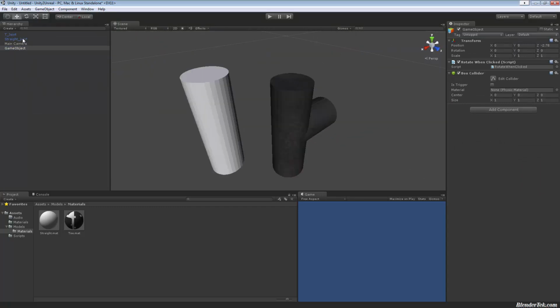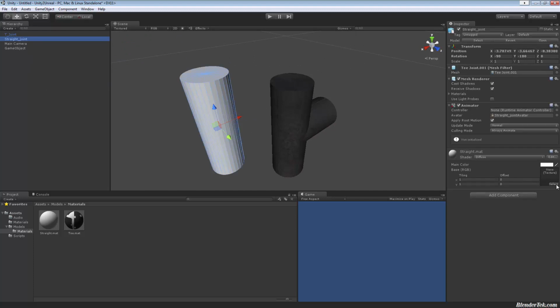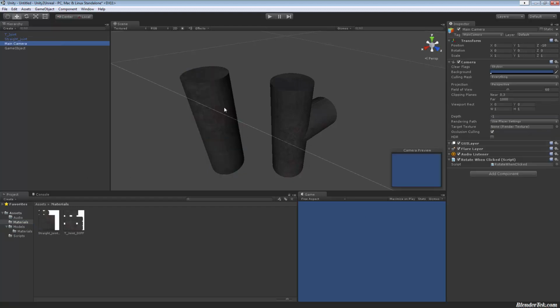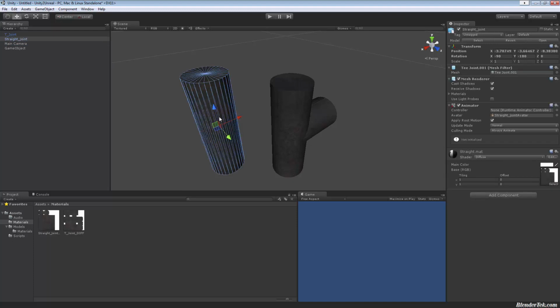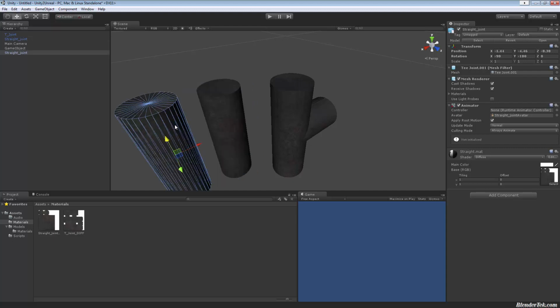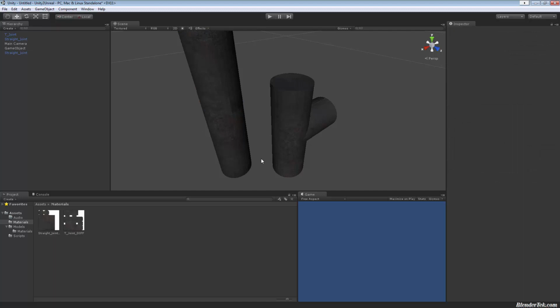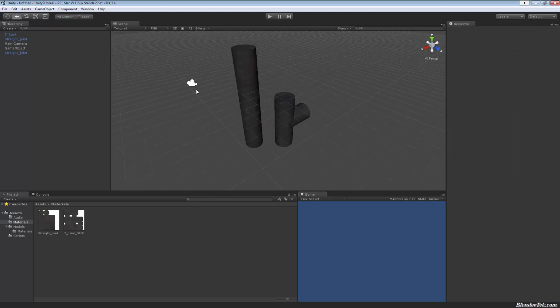And for the straight joint, I'm going to do the same thing. I guess I can show you in Unity. Obviously, you can also just drag and drop the straight into the texture slot. So there we go. I have now got my straight pipe joint and my T pipe joint in Unity with simple diffuse shader materials. Very simple. They're ready to go. I can use them in the game. I can duplicate them. Essentially, my idea behind this was I could create an entire pipe system. So there you have it. That's how you would do it in Unity, more or less.